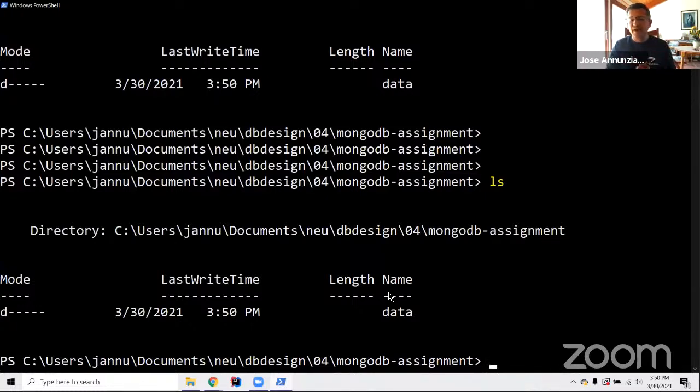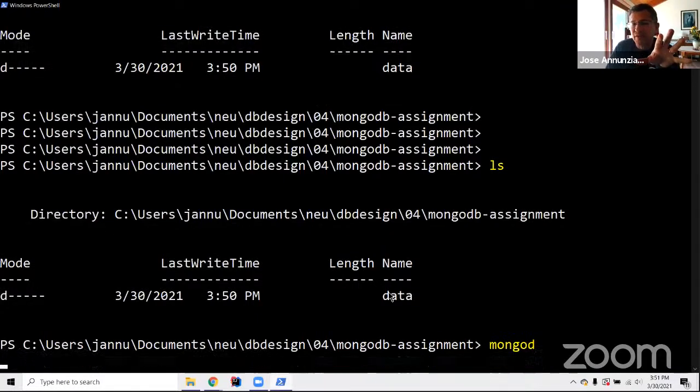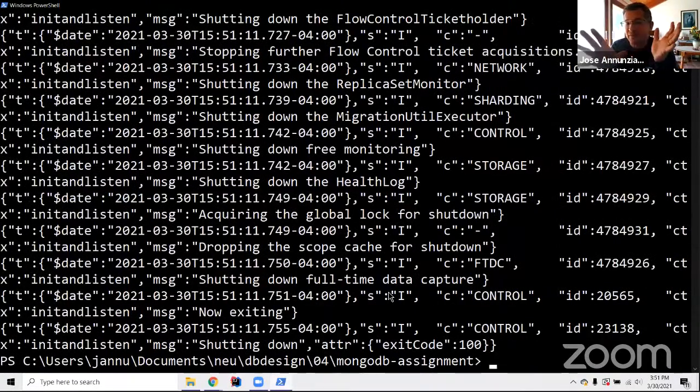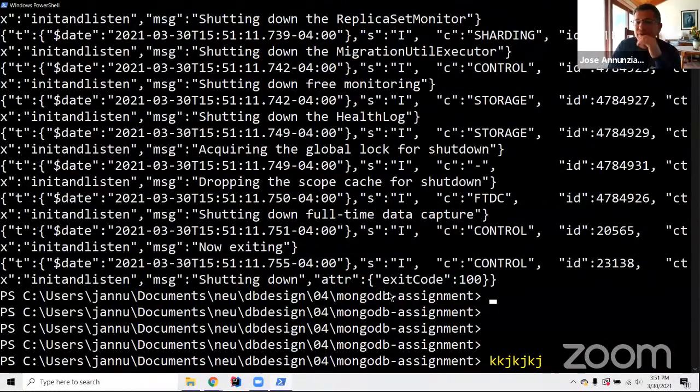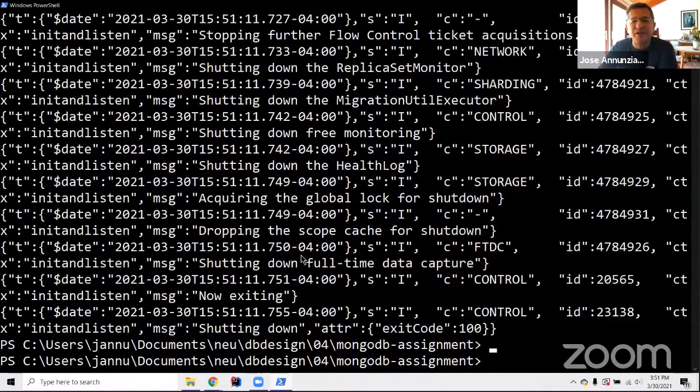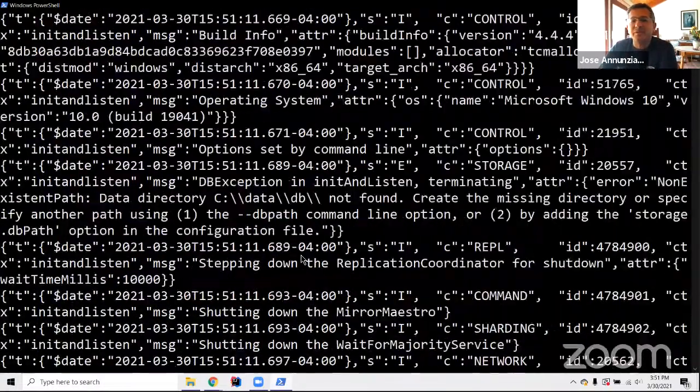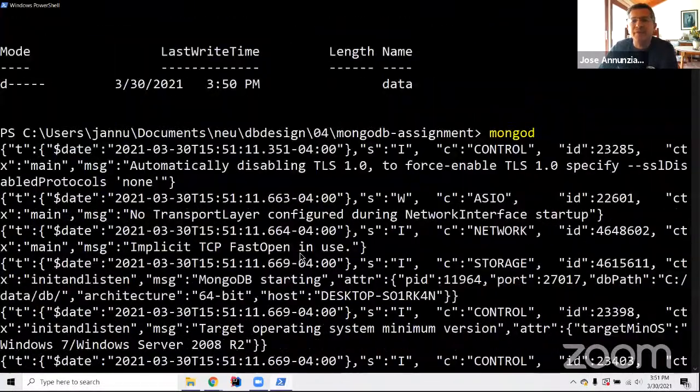There it is. Now we can start the server using MongoD, not Mongo, MongoD, D for daemon, and this is going to start the server. Notice if I just started this way, right, it's going to fail. It failed. Notice that it came back to the console, right, that I can type. And notice that the reason that it failed, we can take a look at the reason over here, is